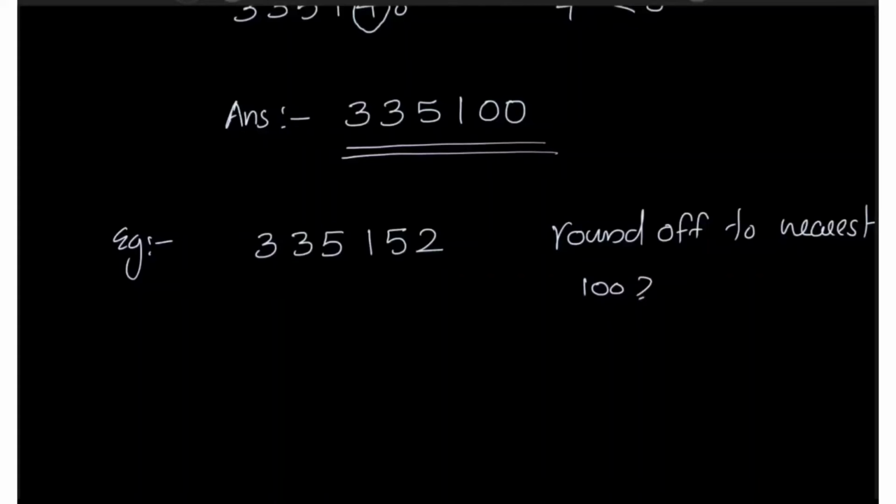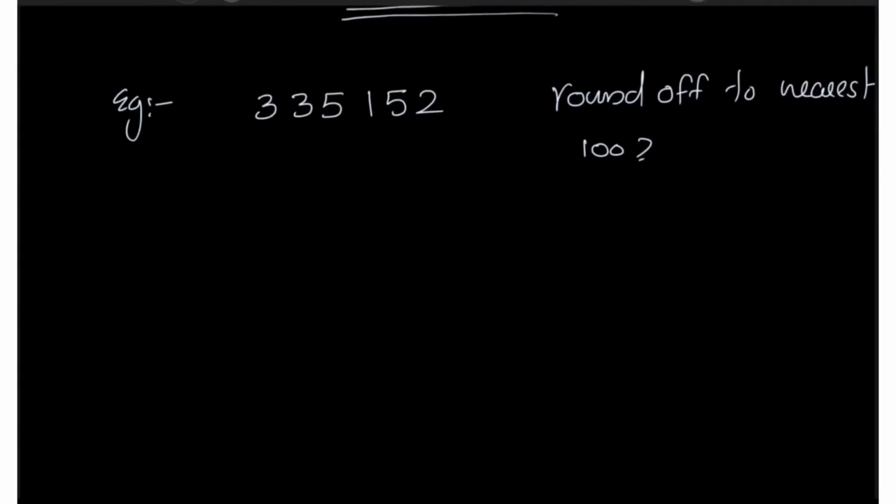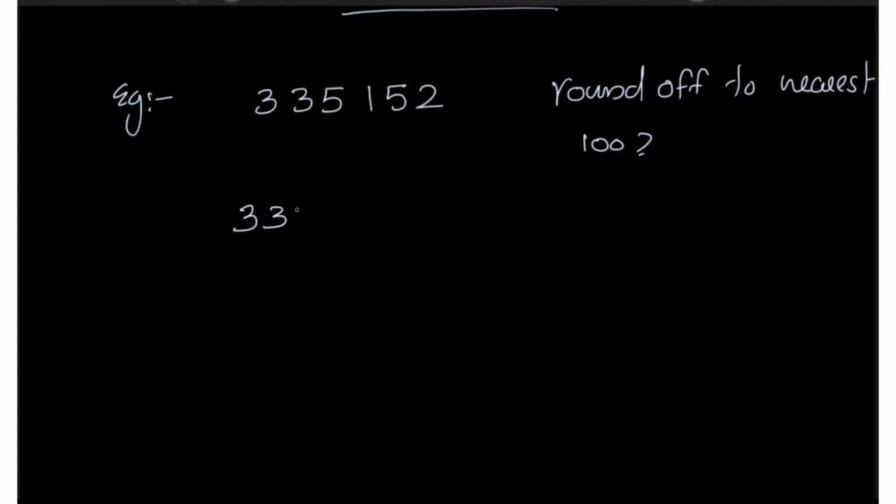Nearest 100. This is another question. So again we can rewrite the number 335152. Here, round off to 100 is our question, so it is 100, 10th and 1's place. Round off to 100 means check the very next right place, the 10th place, that is 5, and that 5 is equal to 5, which means we have to add 1 to the 100 place, and our answer